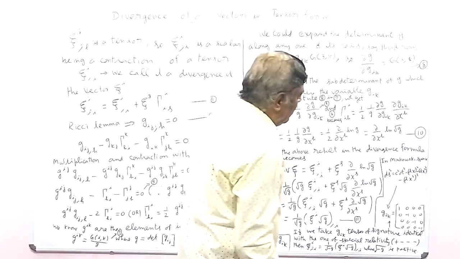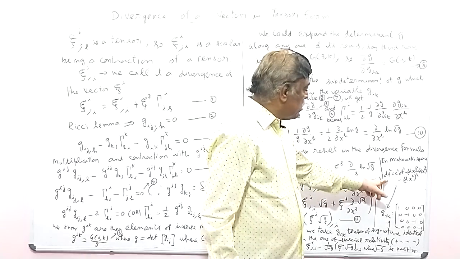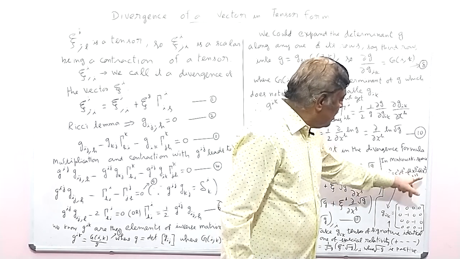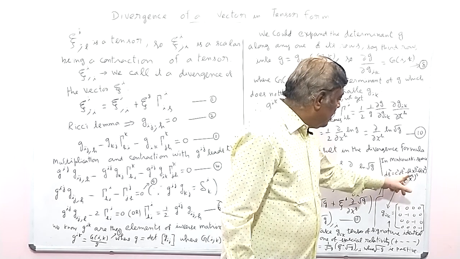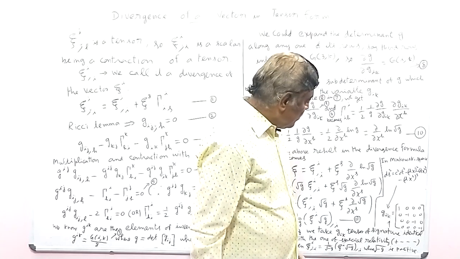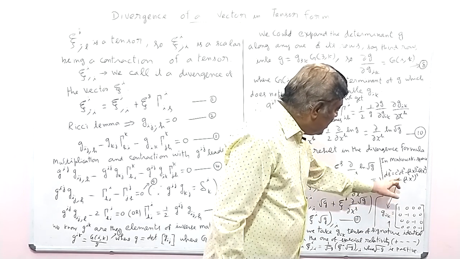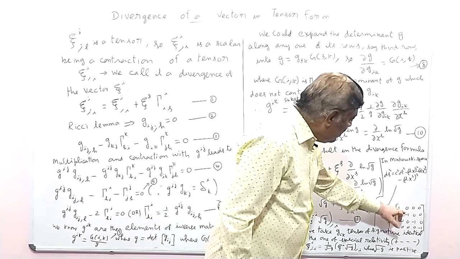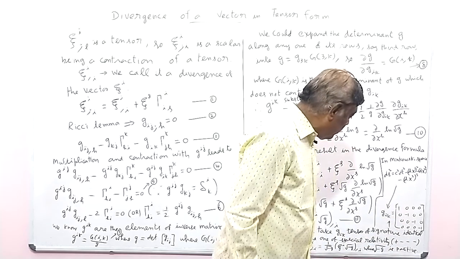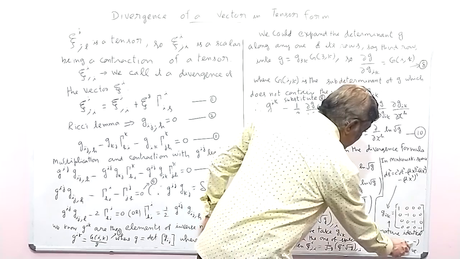Now suppose in the Minkowski space, the line element is expressed by ds square equal to c square dt square minus dx1 square minus dx2 square minus dx3 square, where x1, x2, x3 are the spatial coordinates and ct is the time coordinate. Now if you express g ik, this will be 1, minus 1, minus 1, minus 1 along the diagonal elements, and all the other off-diagonal elements are 0. So the signature is plus minus minus minus.